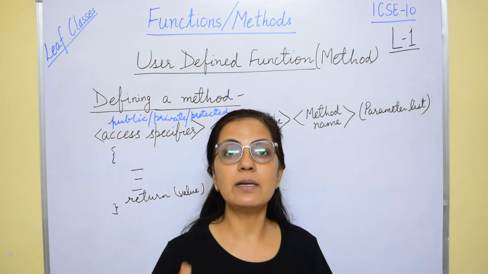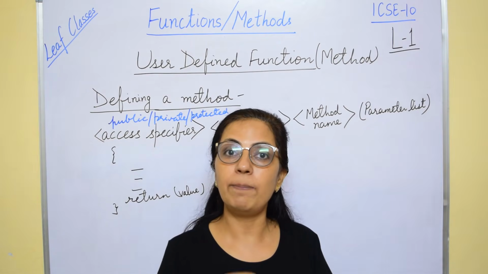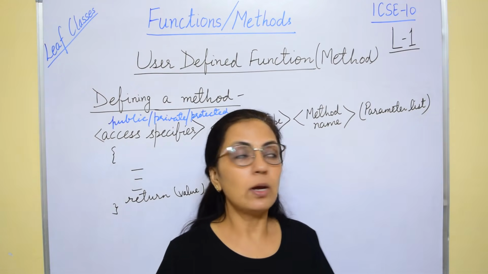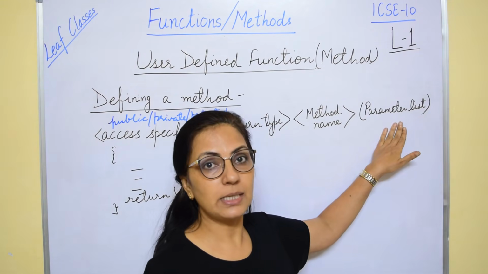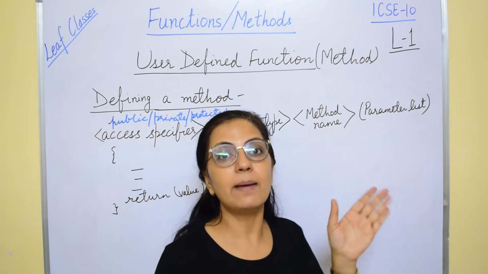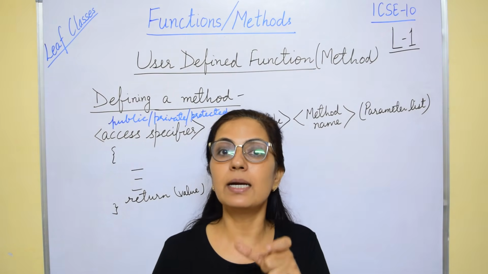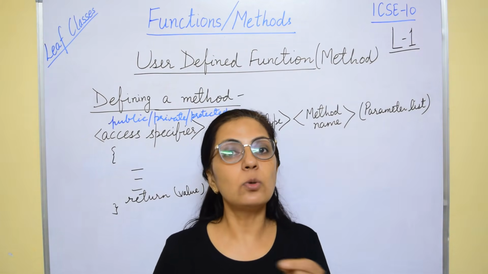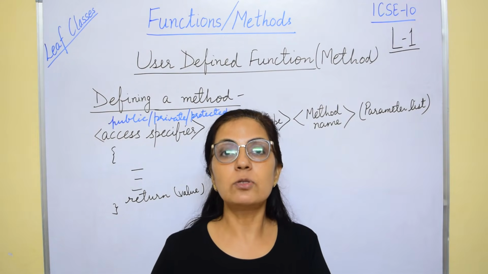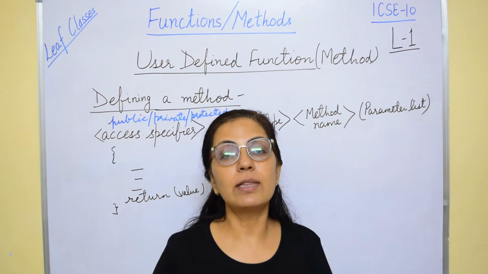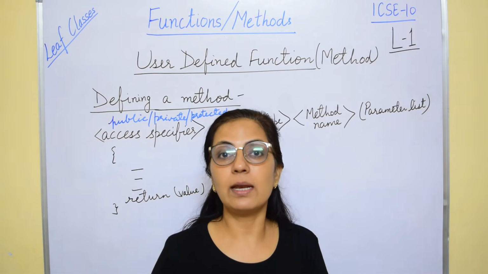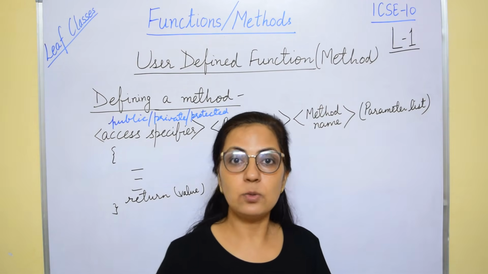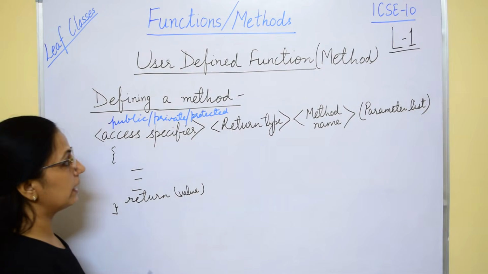So that is the parameter which you are passing to that function, and depending upon the value which you have passed on, it gives you an answer. So here also we write the parameter list, but here we always write the parameter list along with the data type of that value. It can be from 0 to n number of values which you can give. We can have a function without any parameter also. We can give one parameter, two parameters. Depending upon the requirement, we write the number of parameters along with the data type.